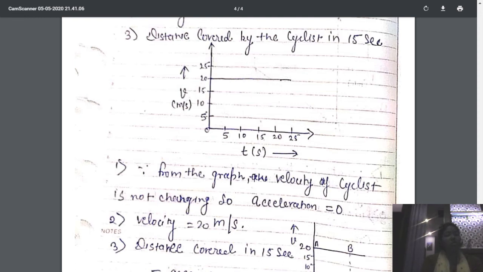If velocity is not changing, it means initial and final velocities are the same. If we put those values into the formula of acceleration, that is a equals v minus u upon t, that gives us v equals u. So both values will be cancelled from each other, and we will get zero acceleration of the object. Now in the next part